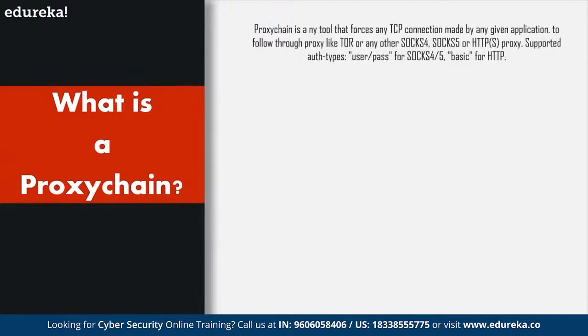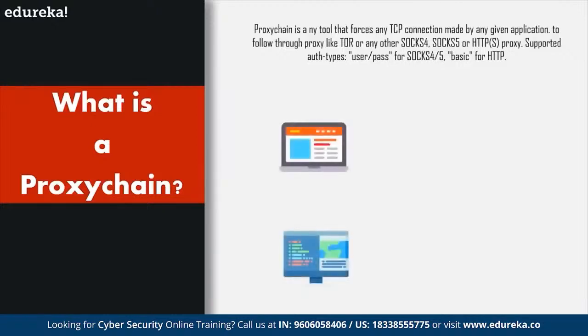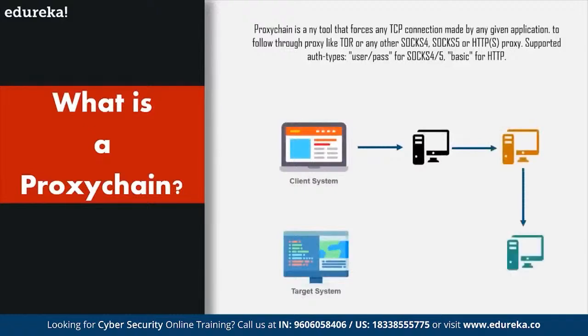You do not want others to know what the source IP address was for your client system. And to do this, all you have to do is send your packets through a bunch of intermediary systems, and these intermediary systems carry the packet out and transmit it to the target system. And this is much slower, and let's see how we can use this in Kali Linux now.